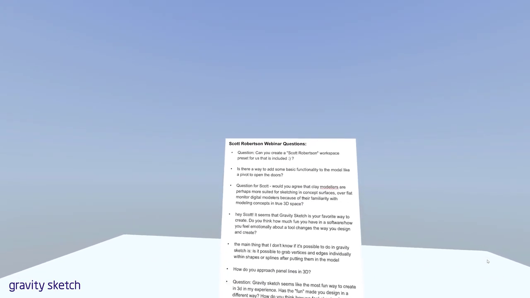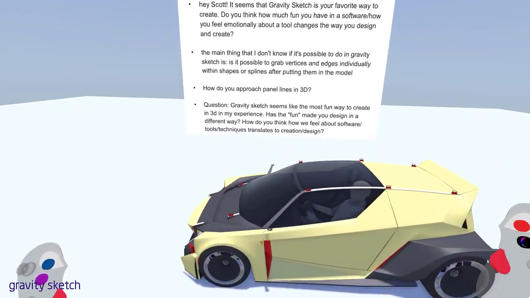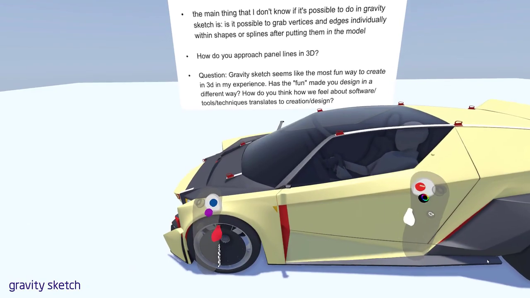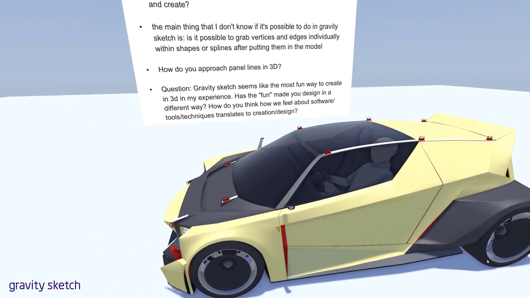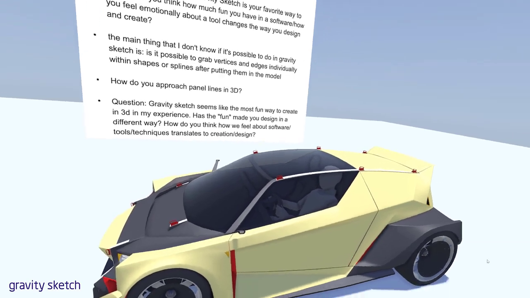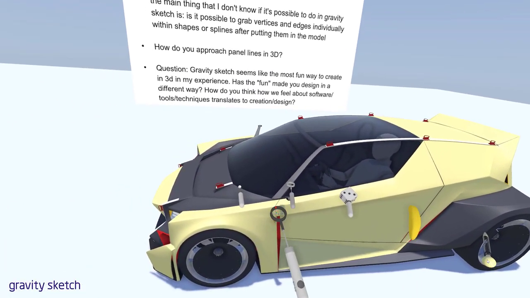Is there a way to add some basic functionality to the model, like a pivot point to open doors? That would be really cool, and that's an excellent idea and suggestion. I think that is on the list. That would effectively be something like a locator in a polymodeling program like Modo or Maya, but there are ways